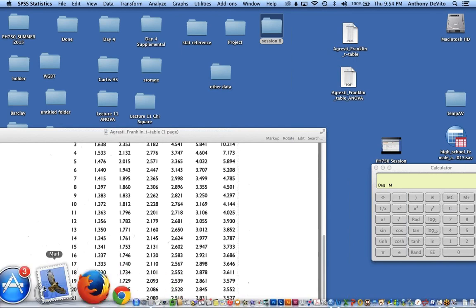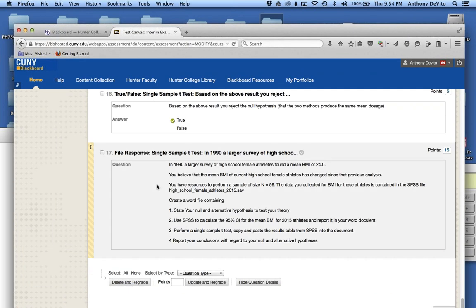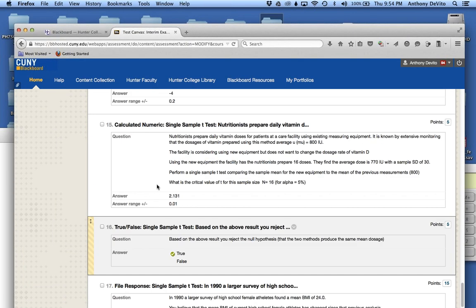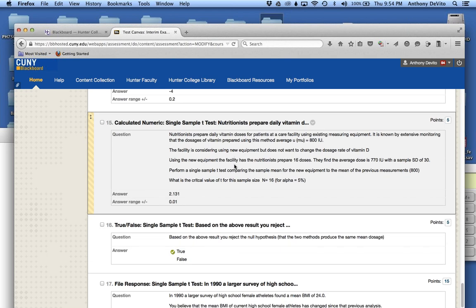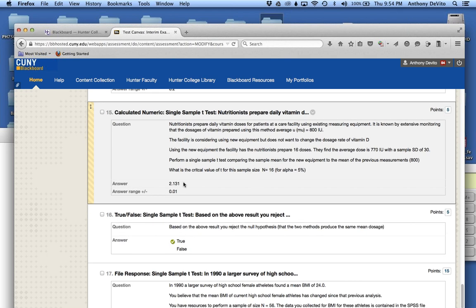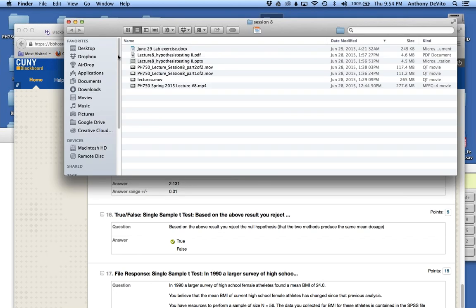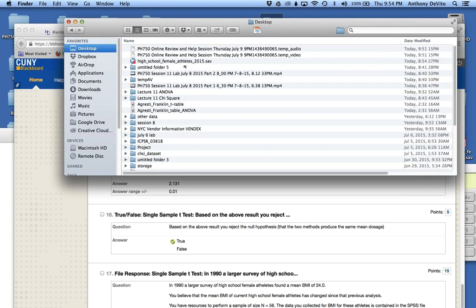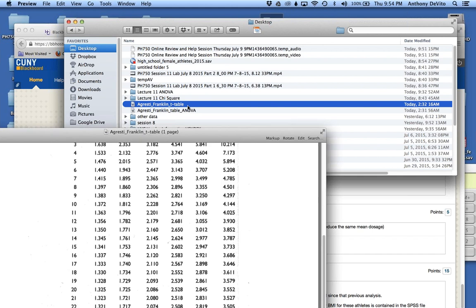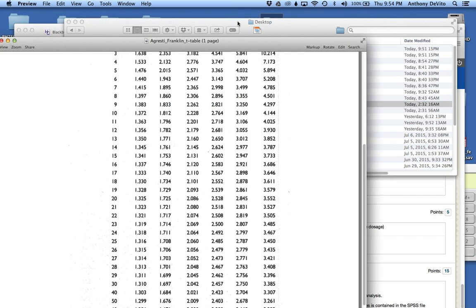Where did it go? Number 15 was, what's the critical value? Yeah, the critical value is 2.131. The sample size is 16, right? So if you go to the t-table,